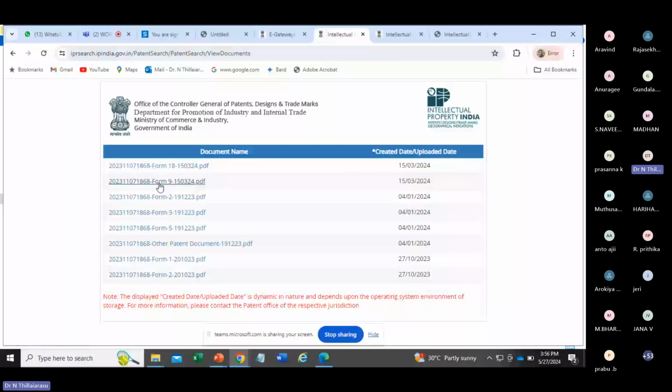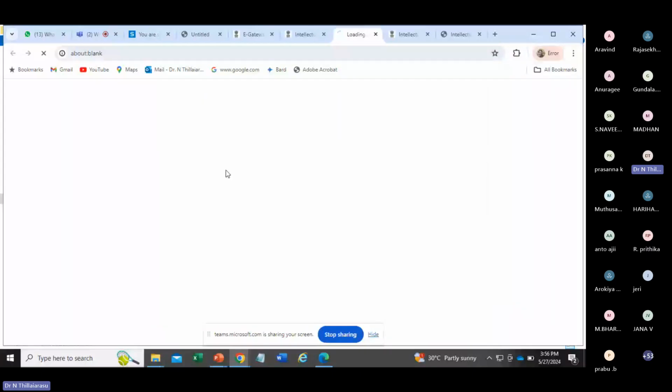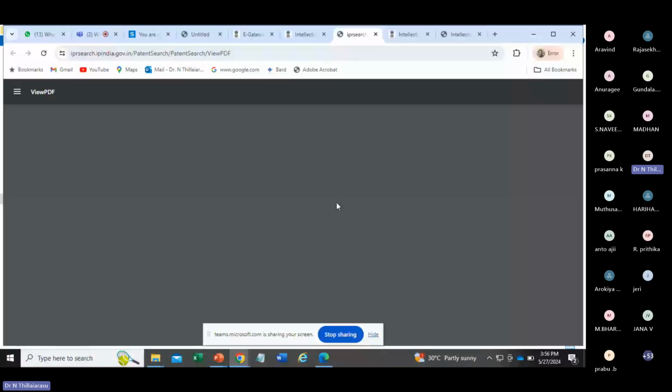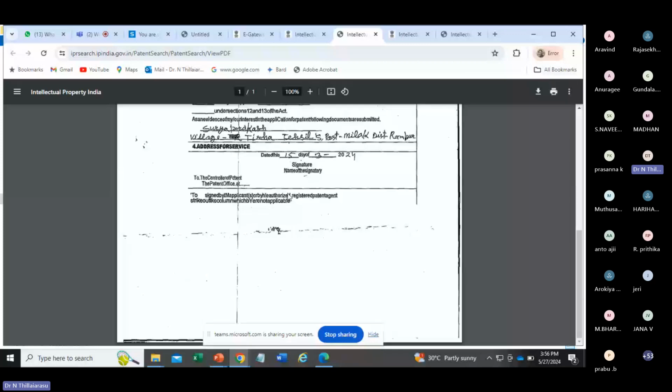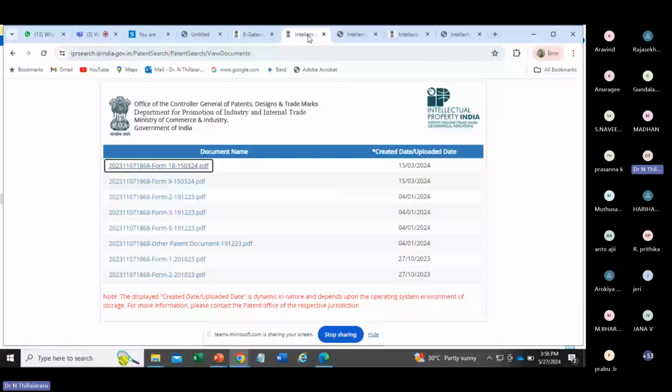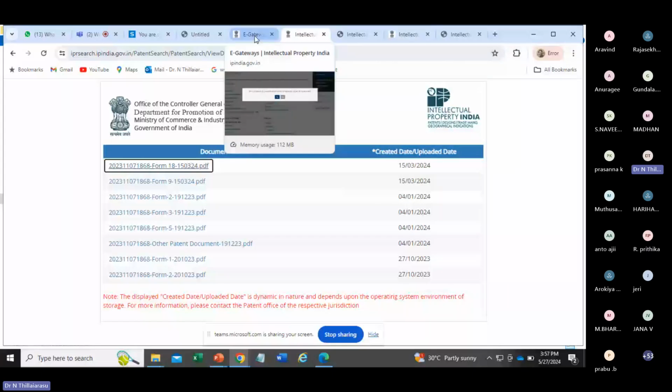If you click on examination, you can get the examination applications also. They are all forms. You can get all the forms. What is the form? On the 15th of March they will go for examination also. For each form you are filing, there is a government fee. You are supposed to pay that and get the consent. This is how you generally get it.